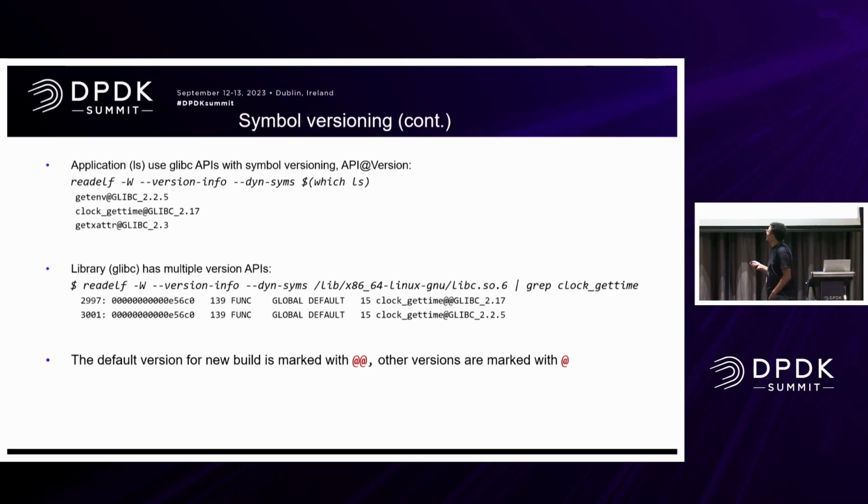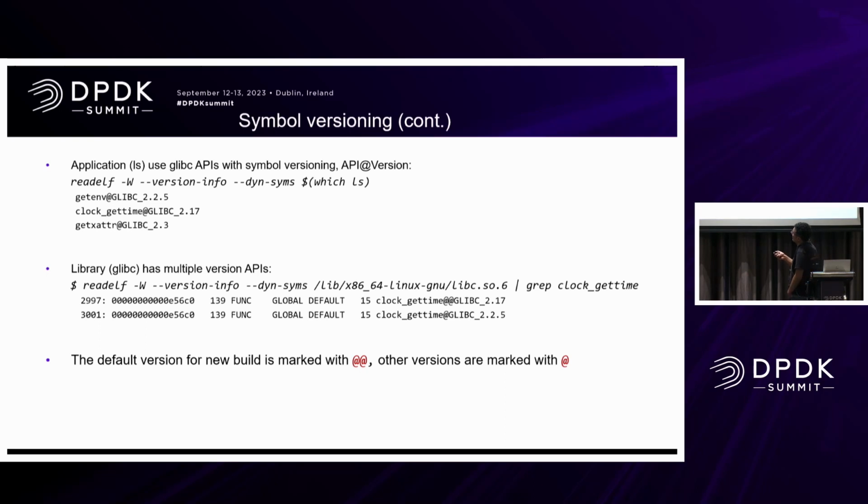And there are multiple ways to get that information from a binary. Objdump, readelf, nm, I think all three show that. I used readelf here as a sample. From the ls binary, if we check, we can see three. I just picked three, not on the tree, but at least these three APIs use some version of glibc. So there's a tag for glibc. glibc is using this a lot. I think it is obvious that it is distributed a lot, so it should support multiple binaries.